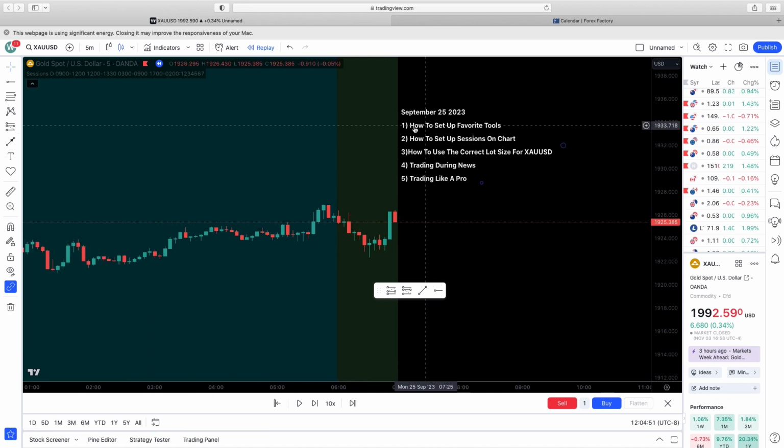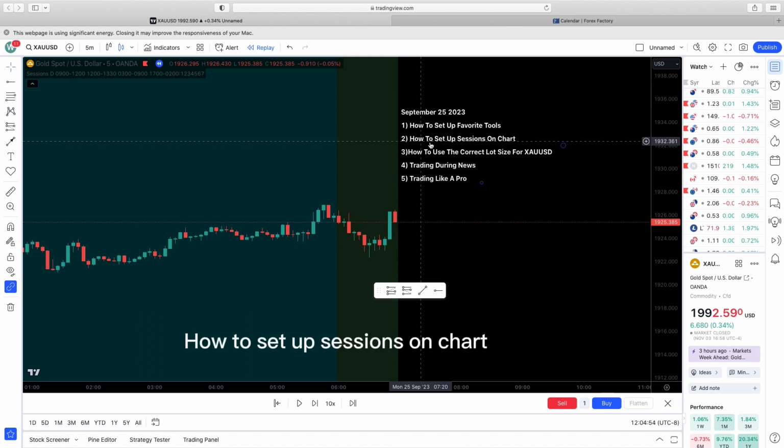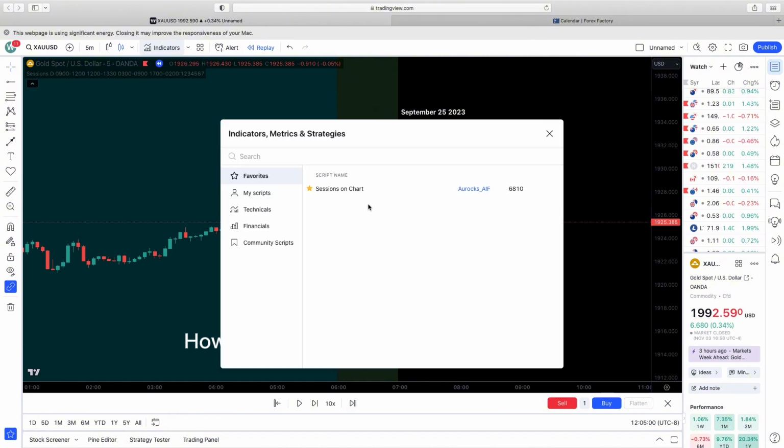So moving on, the second thing is how to set up your sessions on the chart. It's also pretty simple. You just go right up here to your indicators, you click on indicators, and then you type in your search bar, sessions on chart. I already have it starred here for easy access, but you type in sessions on chart, and you'll use the one by